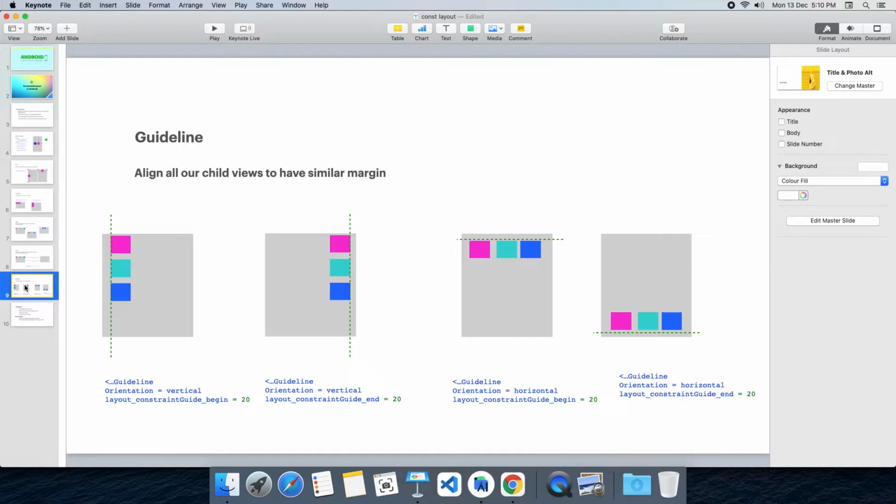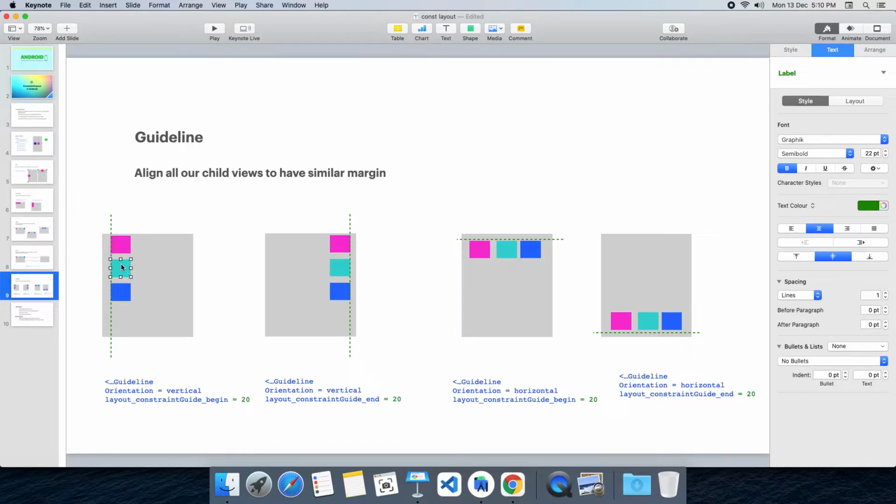So at that point of time, prior to guideline, we would set a margin on the first item, set a margin on the second item, set a margin on the third item. Same if you have 50 widgets on our screen, you have to set a margin on all 50 of your items one by one. What if you wanted to modify that margin of 50 items to something else? For example, the previous one is 16. You feel that 16 is not good for you. If you are moving from 16 to 20, again you have to set the margin to 20 on all of your views. So instead of doing so, just create one guideline.